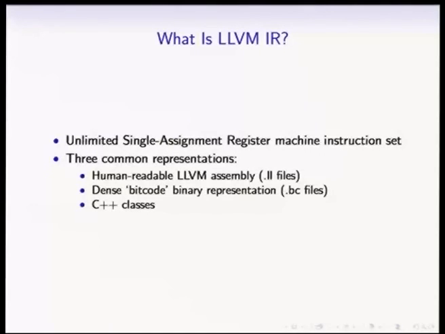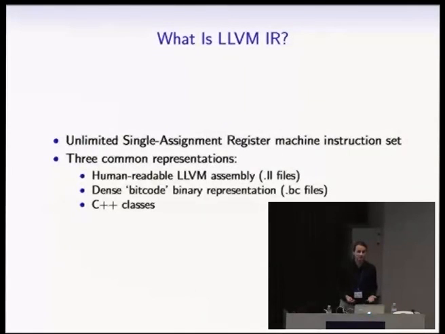So how many people here don't know what single static assignment means? Okay, so SSA form is something that compiler writers like because it makes a whole load of optimizations useful. It basically means each of your registers in LLVM is only able to be assigned to once. So in a function, rather than having a variable where you assign a value to it and then you do something else and then you assign another value to it, each of those assignments would create a new virtual variable, a new LLVM register.